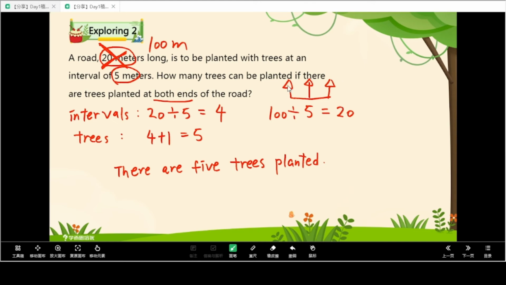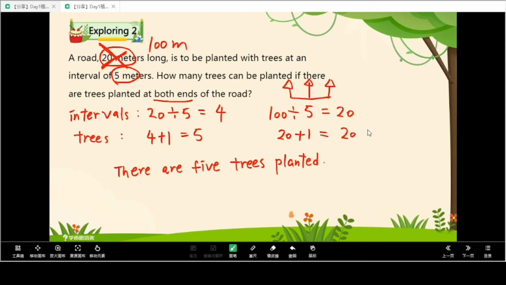And we can only draw a simple diagram to help us determine which question type it is. So from this simple diagram, we know the number of trees is larger than the number of intervals. So for 100 meters, we know there are 20 intervals. So how many trees? That is 20 plus 1 equals